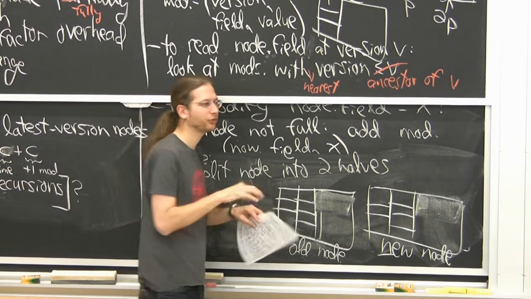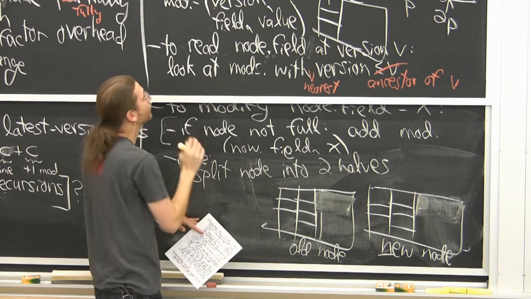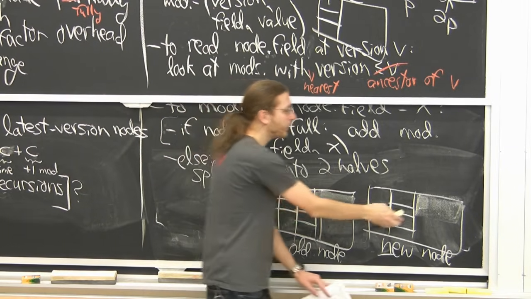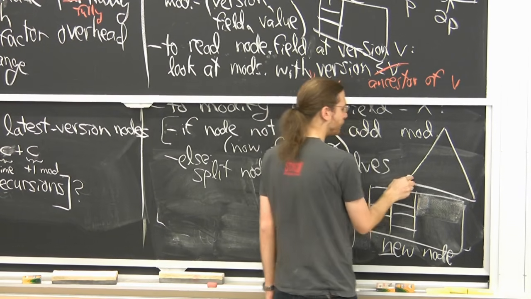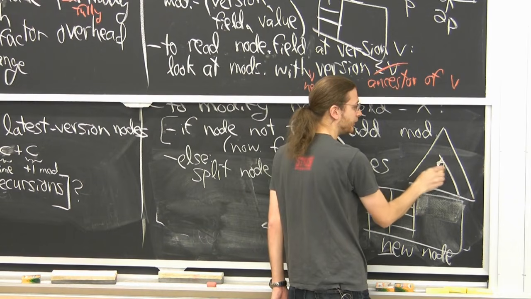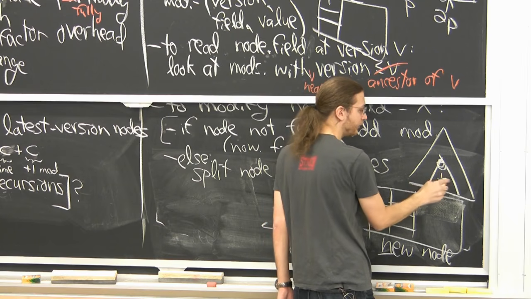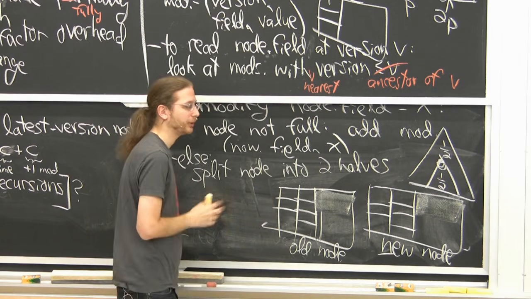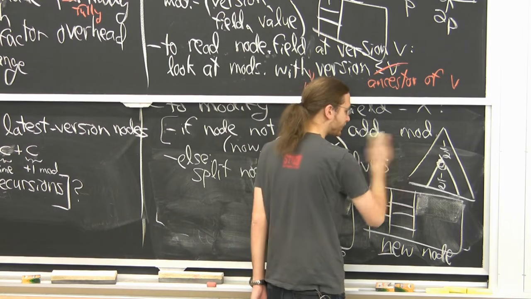So really, you're splitting this tree into two roughly balanced halves. And so this 2 might actually need to change to a 3, but it's a constant. Okay, so what I want is for this to represent a subtree of versions. Let me draw the picture. So here's a tree of versions represented by the old mods. I'd like to cut out a subtree rooted at some node, so that, let's just assume for now, this has exactly half the nodes, and this has half the nodes. In reality, I think it can be 1/3, 2/3. Okay, but let's keep it convenient.